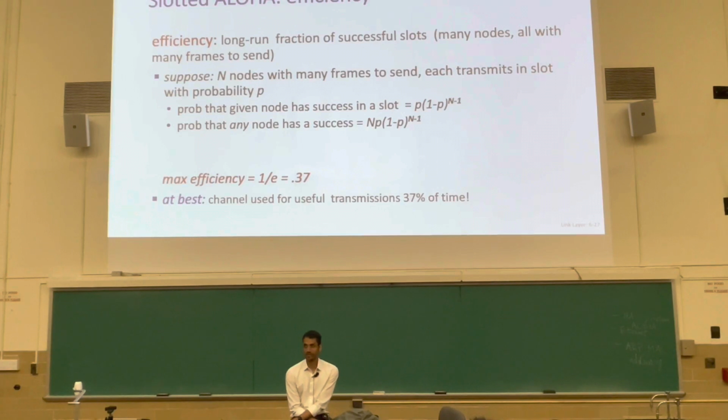You could set P equals some constant, right? You can say, let's say P is 10%. Is that optimal? In general, that's not optimal. So you want to ask the question, what is the optimal P setting that maximizes this expression? How would you find that? You've learned this in your math courses. These are required math courses for CS. How would you find the value of P that maximizes this probability?